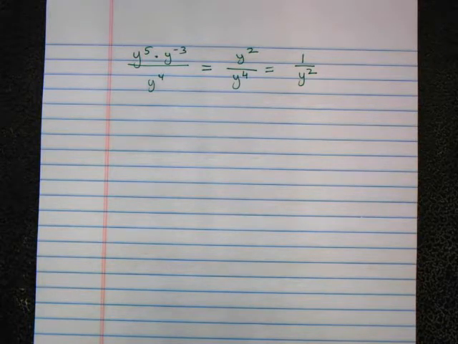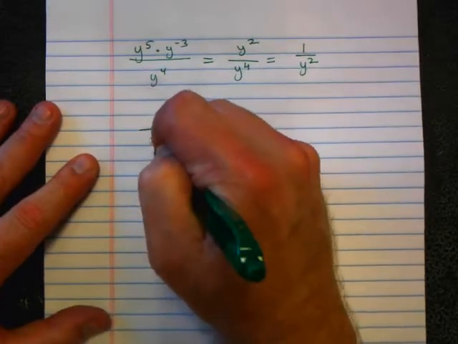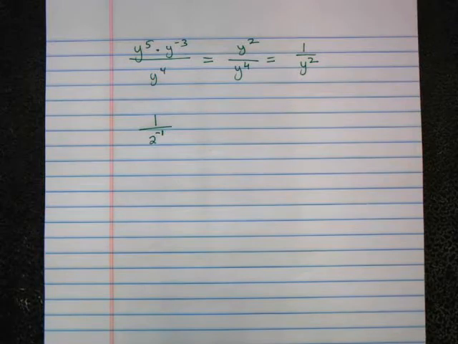All right, what if you have a negative exponent and it's already on bottom? Still flip it. What do you mean you still flip it? Flip it how? It's 1 over 1. All right, so this would be